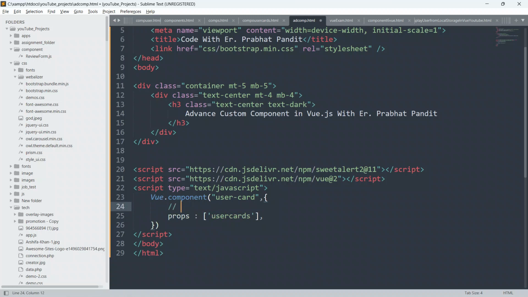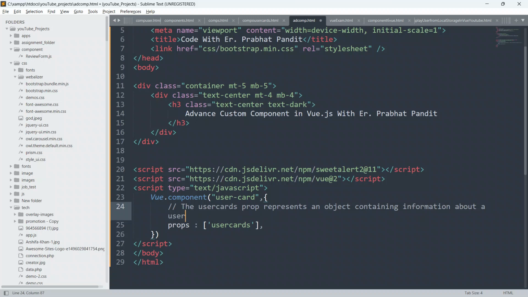The user card prop represents an object containing information about a user, and we will say, for example, name, it will contain name.